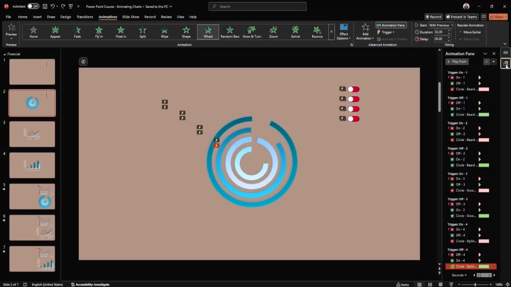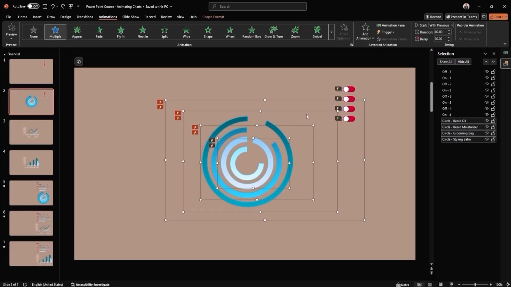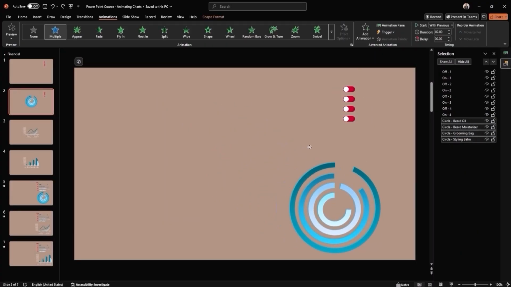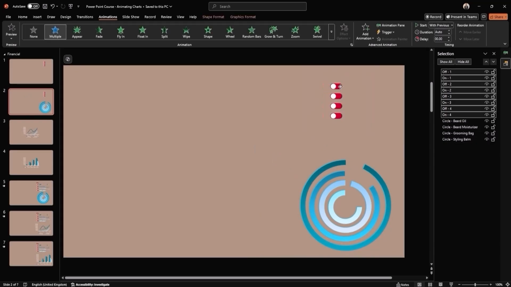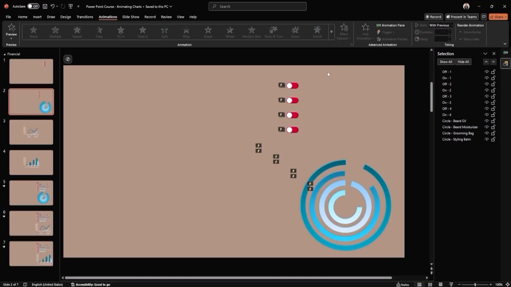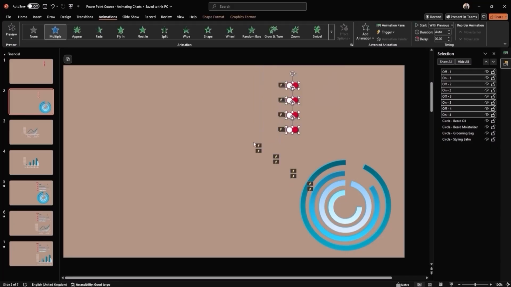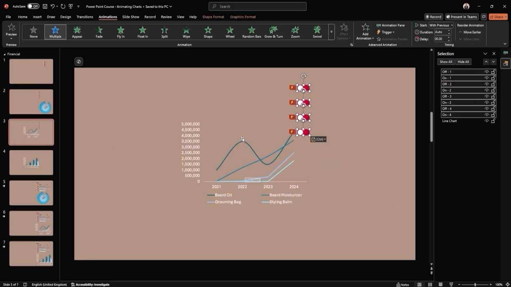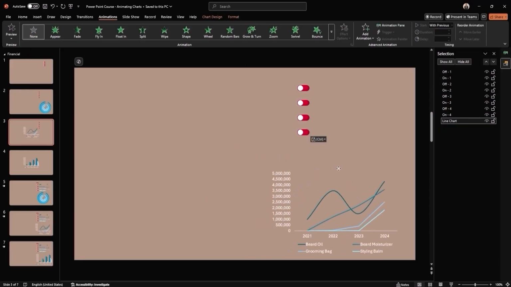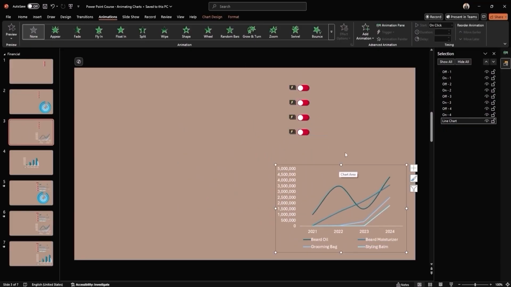Let's clean up the slide a bit. Move the 4 pie charts down to the bottom right corner for better organization. I'll also adjust the spacing between the toggles, giving them a little more breathing room and shifting them slightly to the left. Copy the 4 toggle sets from slide 2. Paste the toggles into slide 3, and let's also move the line chart down to the bottom right corner to match the placement of the pie charts from the previous slide.